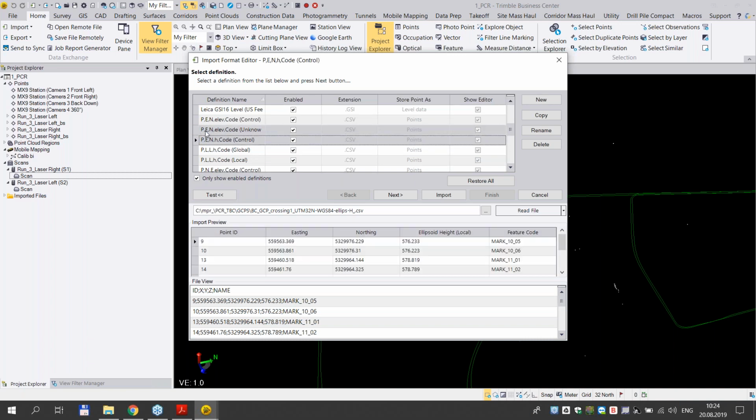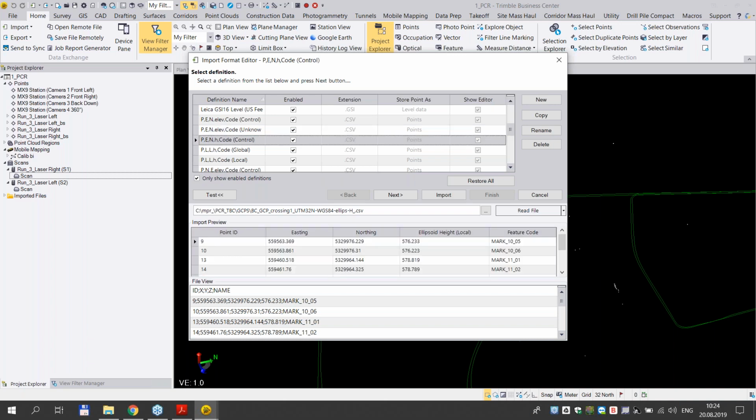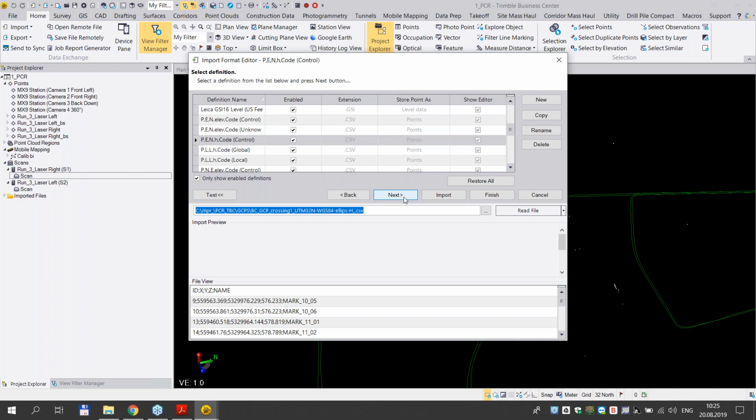So we have these two definitions, point easting and northing, and we should define if it's elevation or ellipsoidal height. I know that my CSV file contains elevation height, so we should customize this definition according to the data that we have, in case it's needed. So in case the provided definitions in TBC don't fit your data, you should customize your own one. Another important thing here is to define the